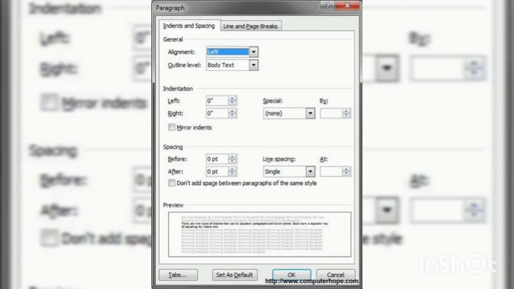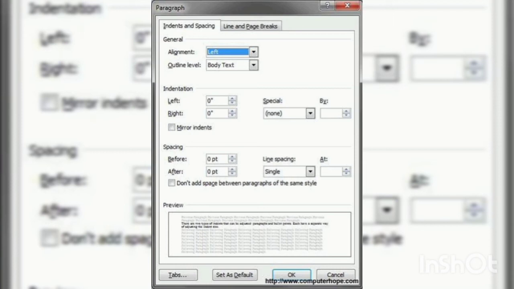Now, what is single? This option provides the largest font and a small amount of space. 1.5 lines. This option is 1.5 times that of single line spacing. Double. This option is twice that of single line spacing.